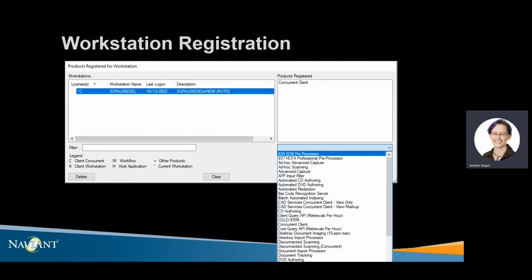The code that OnBase uses to identify a machine as distinct can be changed by certain specific patches or hardware changes, so that OnBase thinks this is a different machine, even though it's the same machine that was used before. It'll register itself again as a new machine, but it will not carry over any special licensing that you had assigned to it previously. So you'll have to come in here and find the existing entry, delete it, and reassign those licenses to the new entry.